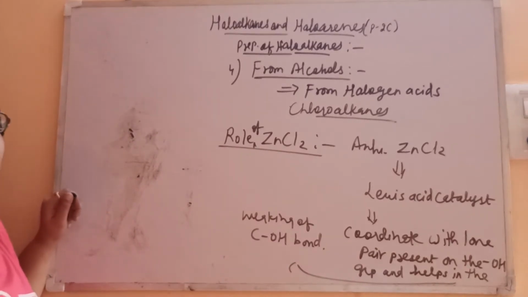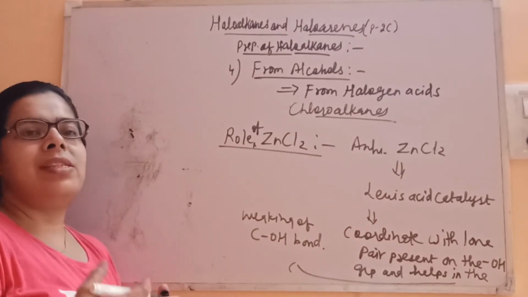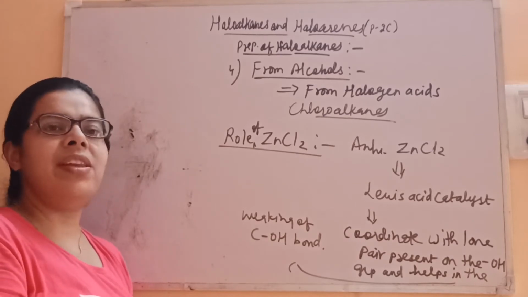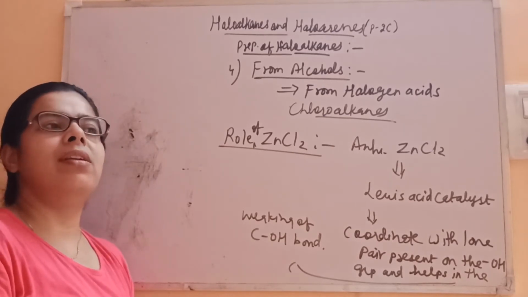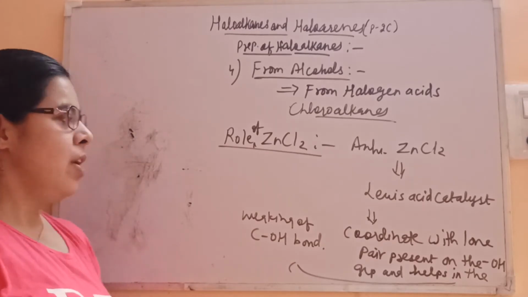No need, because we have seen that the more the number of alkyl groups, the more is the reactivity of the alcohol, so it will react automatically on its own. Here, as such, we have used primary alcohol and secondary alcohol. In those, the reactivity is less. So that's why we need a reagent or catalyst from outside, so that the reaction can take place. So here, this is the role.